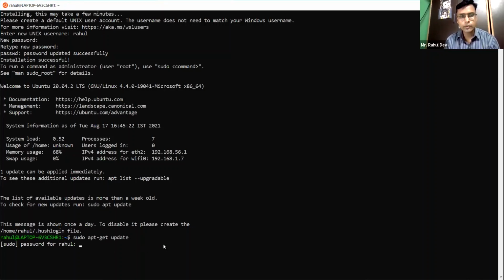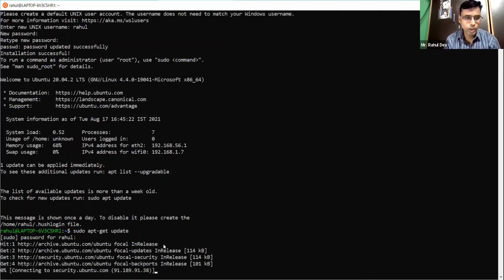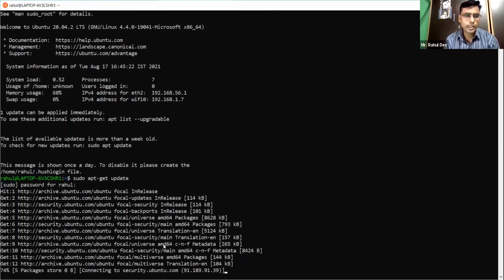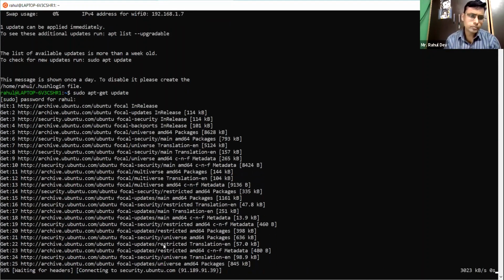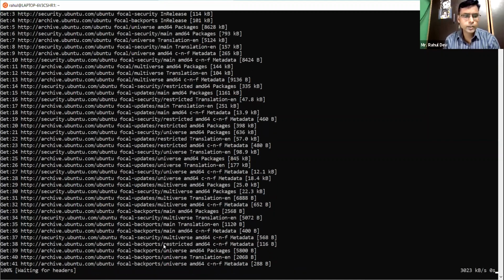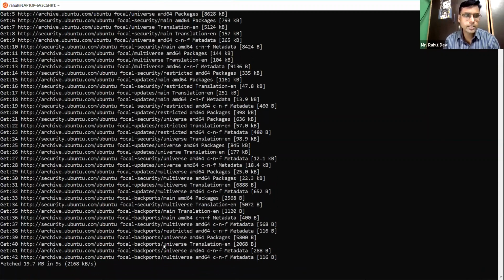I copied that command from the resource material which we have provided to you, and pasted it here. Now after pressing enter, it requires the password which I just made. Enter, and it is working. It will update my apt-get. Apt-get is a method to fetch the files from the internet which we require at a later stage. Also, we have to make a certain environment with the help of the internet. We have to fetch many of the files from the internet.